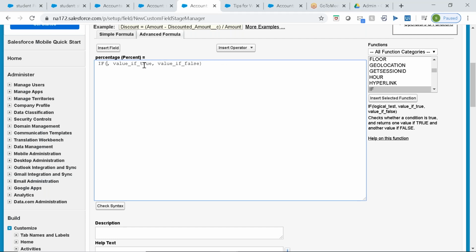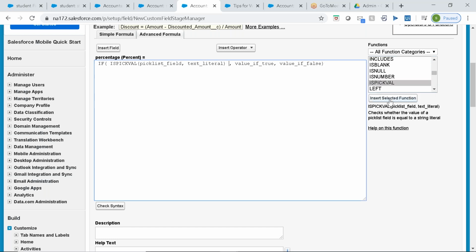Now this is a formula field on the right. Here, if the rating is hot, I want to display 100. If warm, something else, and if it's cold, it is 0. Now we have to get that pick list value, right? First of all, we have to use the function isPickVal. Select that isPickVal there. Scroll it down.